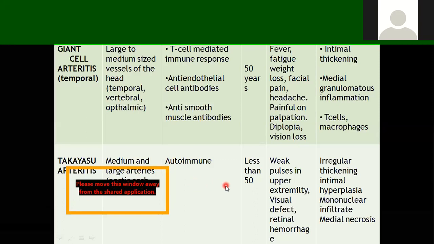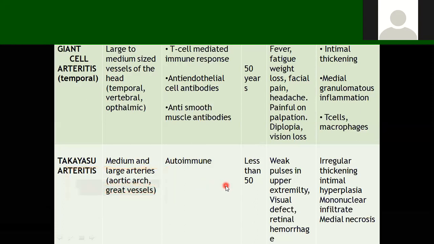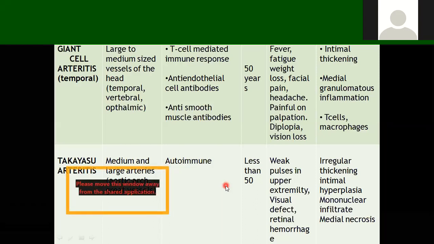Okay. As I told you, it affects the vessels which originate from the arch of the aorta, right? So these vessels supply blood to the upper limbs, and so the pulse in the upper limb would be lost, right? And there would be a difference in the blood pressure because both limbs are not affected equally, right? So there can be a difference in the blood pressure of about 10 millimeters of mercury if you measure the blood pressure in both arms, right? So these are the typical symptoms, and the thing